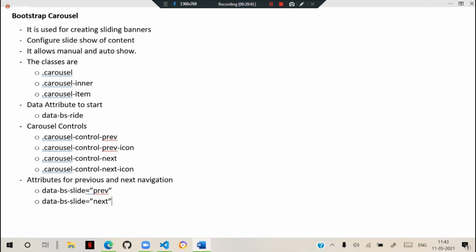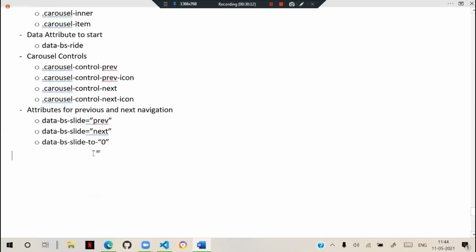If you want any specific slide, we can add data-bs-slide-to with a slide number. That means which slide to navigate to: slide-to 0, slide-to 1, we can give index numbers. So those are the options we have.